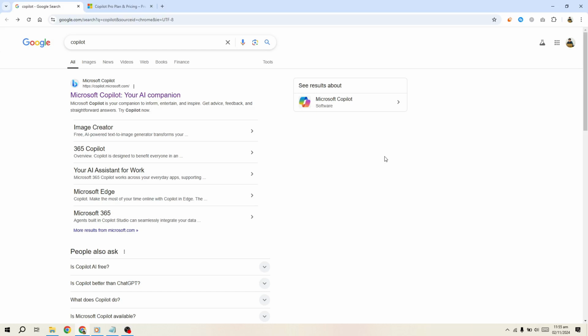Moreover, it even includes the ability to generate images directly in the chat and to conduct web searches, offering concise, reader-friendly summaries of web pages. By the end of this tutorial, you'll have a comprehensive understanding of its capabilities and learn how to maximize your productivity with it. To get started, visit the official Microsoft Copilot website at